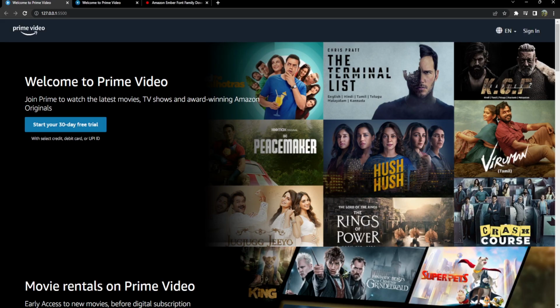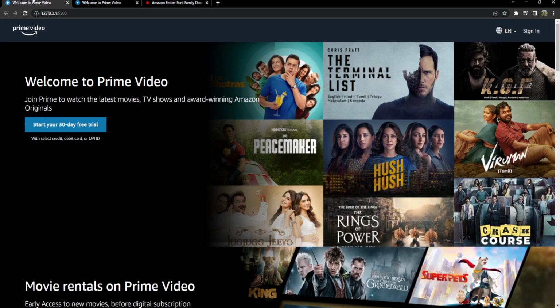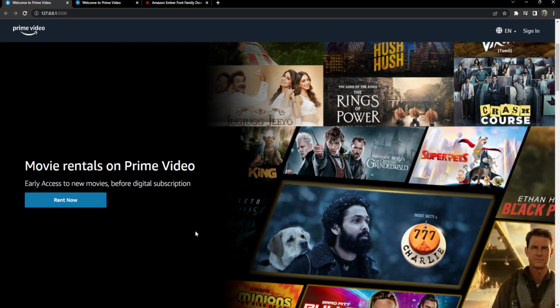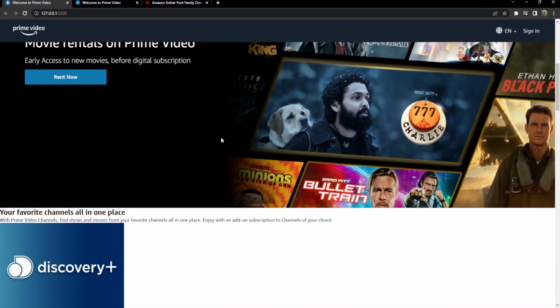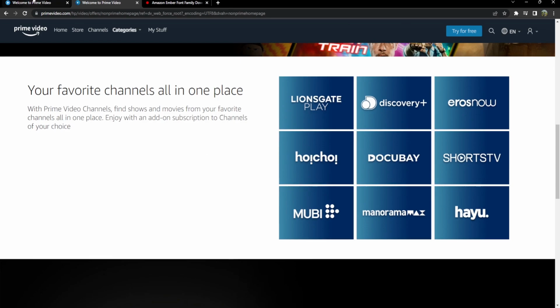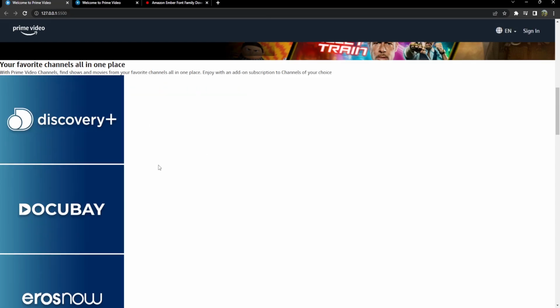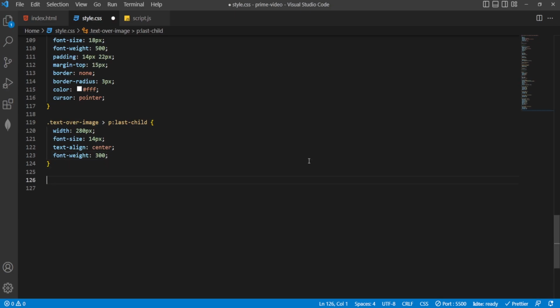Okay, now let's check it. Okay, almost similar like Prime Video page. So these two headers are complete. So now we will style this and it will be almost similar like this. So come to CSS and select the class section